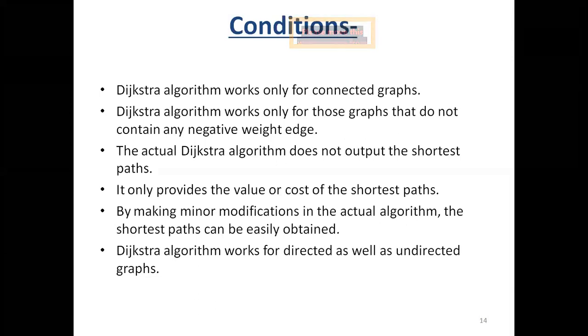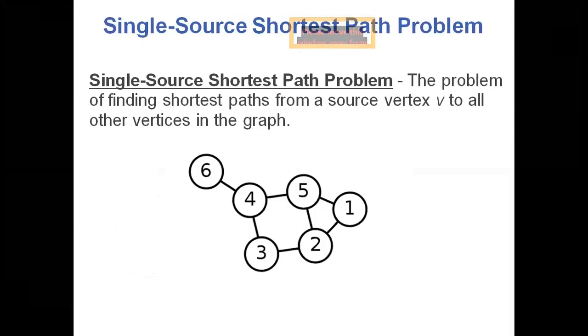no arrow. What is the meaning of that? That is the undirected edge. In the undirected edge, you can move from 1 to 2 or 2 to 1. See, from vertex 1 to vertex 2, you can go, or from vertex 2 to vertex 1, you can go. So both directions are possible in the case of an undirected graph. So this algorithm can be used for both directed graphs and undirected graphs.